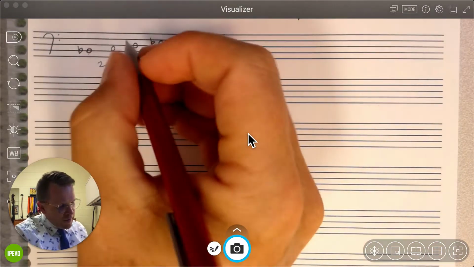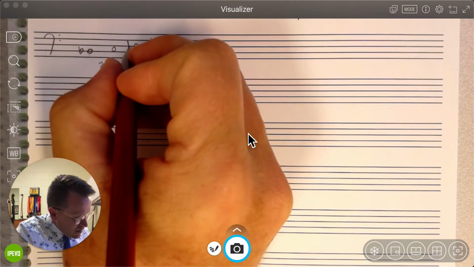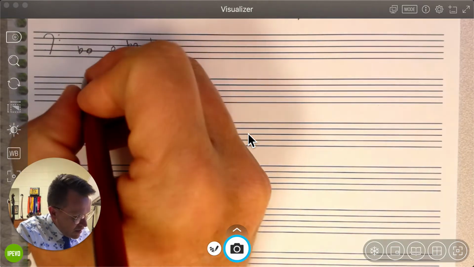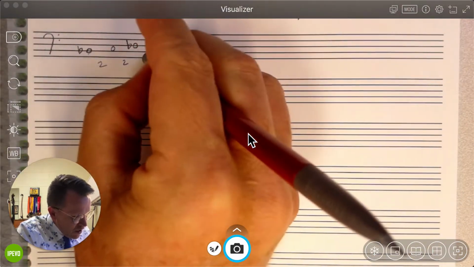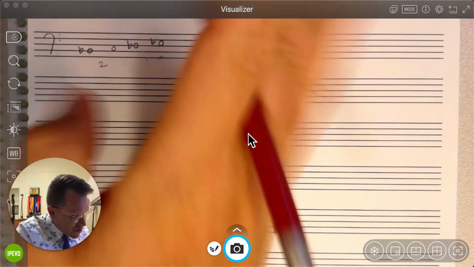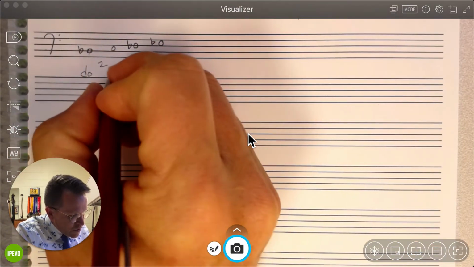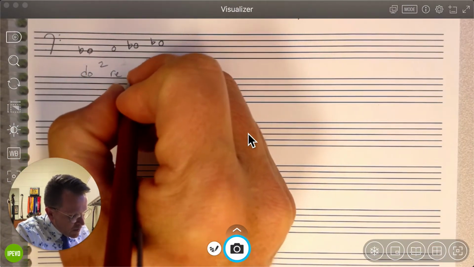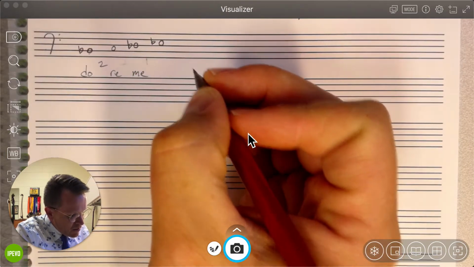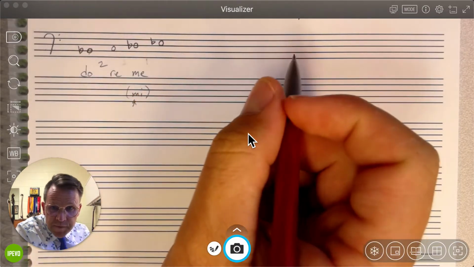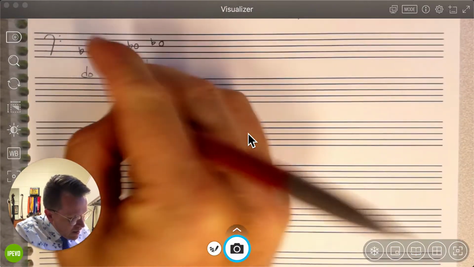So if I were to do that here in B flat, I would need to lower mi to me like that. So now that changes some things here with my relationship of semitones. Solfege is do, re, now it's me. Before it was mi. That was for major, right? Okay. And then fa.